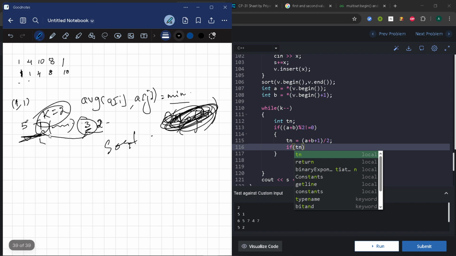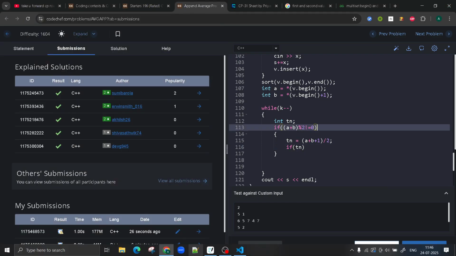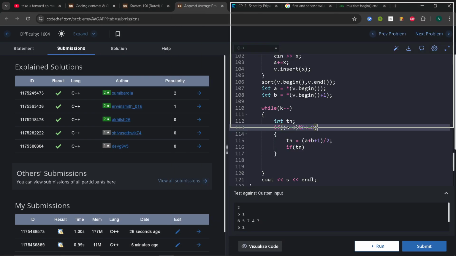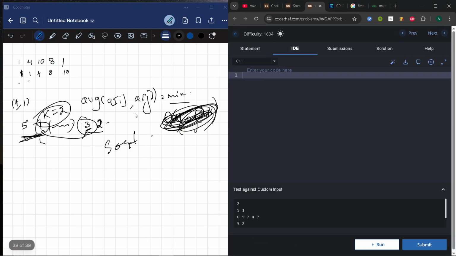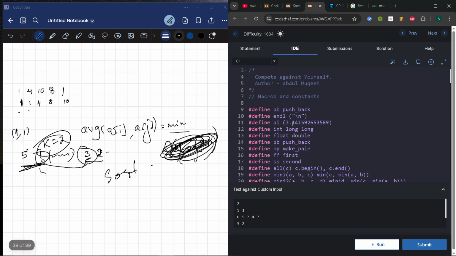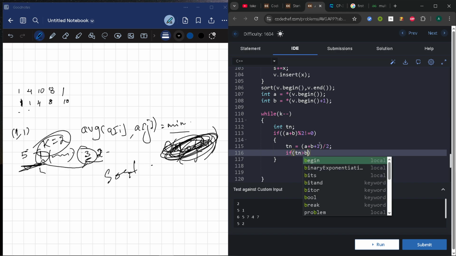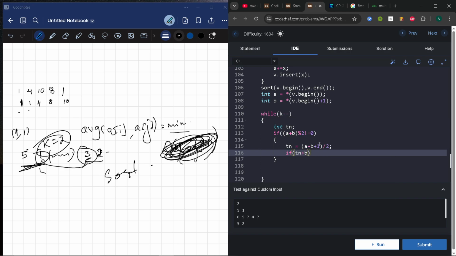With the help of this, we have to just create a solution. These are the first two elements, let's say, A and B, and if Tn is greater than B, then, let's say initially,